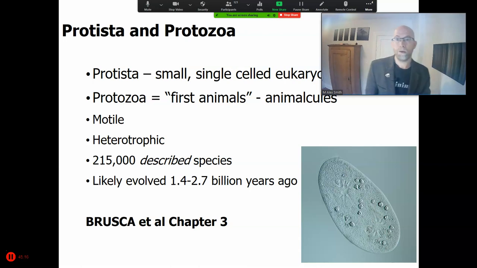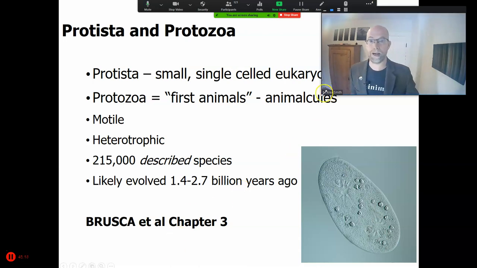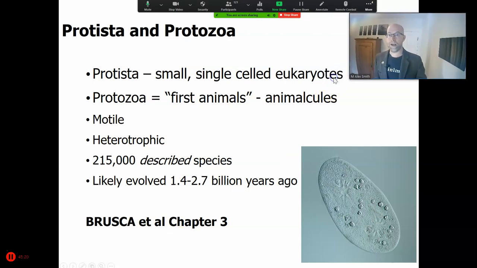So, protists, protozoans, inside of that large phylogeny: small single-celled eukaryotes. The first animals, the protozoans, protozoa. Zoa means animal, proto means first. Some of the first Europeans that came up with microscopes talked about them as animalcules. Animalcules. They can be heterotrophs, they're mobile. There's about